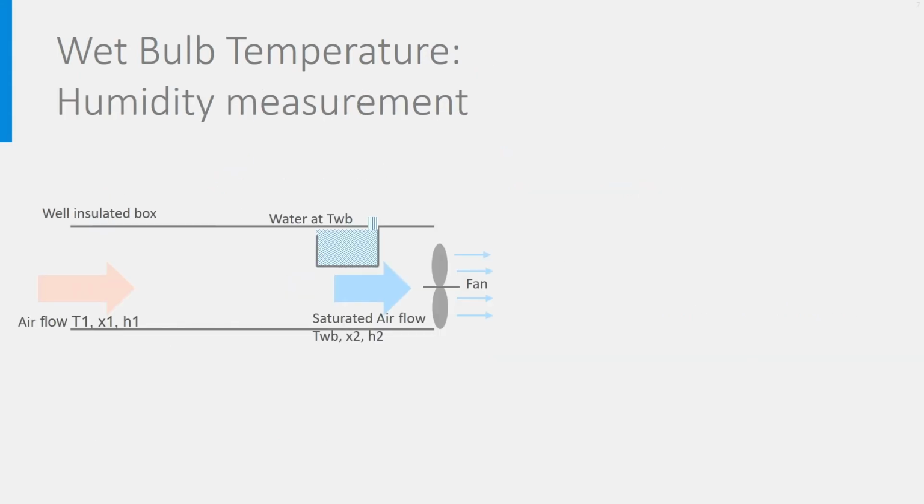It is quite easy to measure the wet bulb temperature using a device similar to the one we studied 3 slides ago. In fact, the wet bulb temperature is the temperature a thermometer would take when wrapped in wet cloth and put in an airflow with a certain temperature T1 and absolute humidity X1. The wet cloth has to remain wet all the time, so it must be continuously wetted by water, like in this instrumental setup.